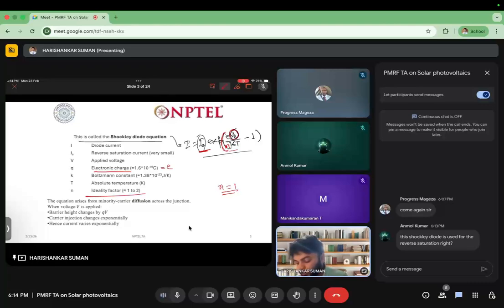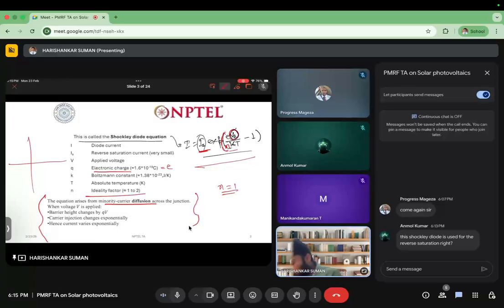The equation arises from the minority. Please, this is essential. The equation arises from the minority carrier diffusion across the junction, minority only. When voltage V is applied, barrier height changes by qV and carrier injection changes exponentially, hence current varies exponentially. So the nature of this,